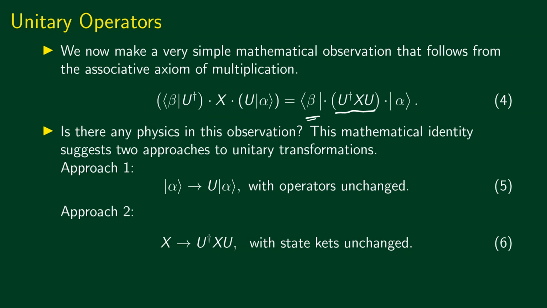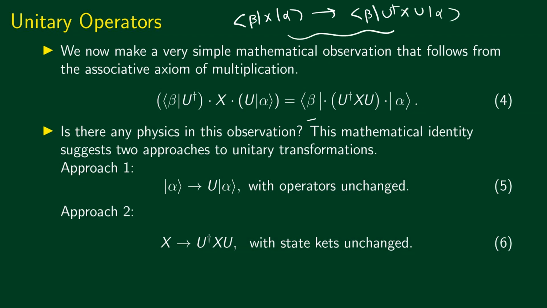It doesn't matter which multiplication you carry out first. So the same thing can also be written as bra beta multiplied by U dagger X U multiplied by ket alpha. Now we immediately see that this change, bra beta X ket alpha going to bra beta U dagger X U ket alpha,